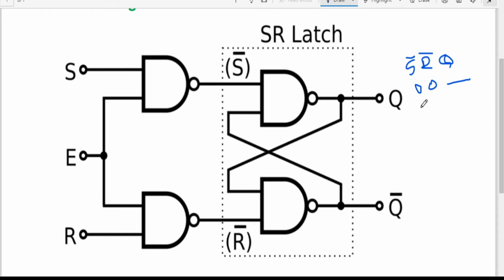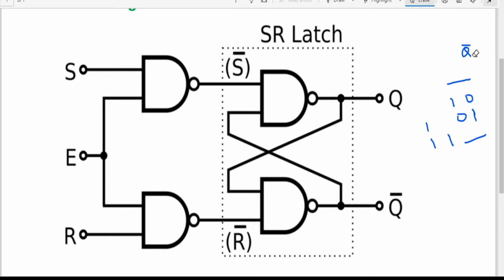Okay, so when we went to 0 1, we could say it as a reset, Q and Q plus, or we call it Q bar. And when the input was 1 and 0, that is, when S bar was 1 and R bar was 0, we call that state a set state where Q was 0 and Q bar was 1. And with the last input where S bar and R bar are 1 1, we had a previous state. Okay, so this we discussed in our previous session.